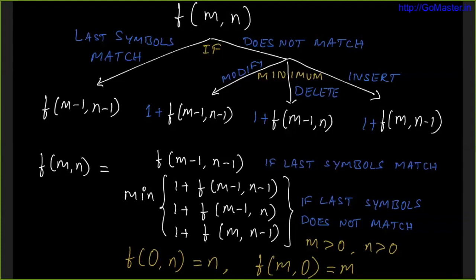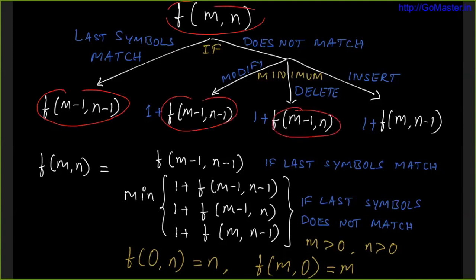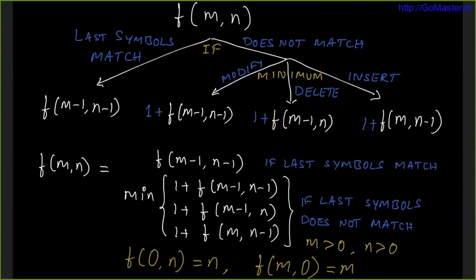So what does it mean that it takes exponential time? There are an exponential number of nodes in the state space tree we have, and each node in the state space tree is going to be a function f we need to solve, right? So that means there are exponential number of nodes in this tree, and we are solving an exponential number of such function f's, or instances of function f. But are there really so many function f calls?